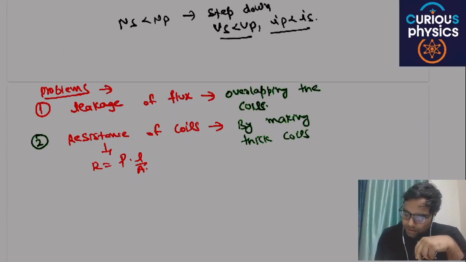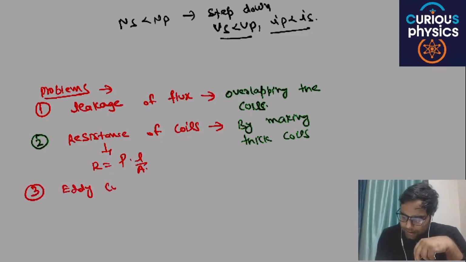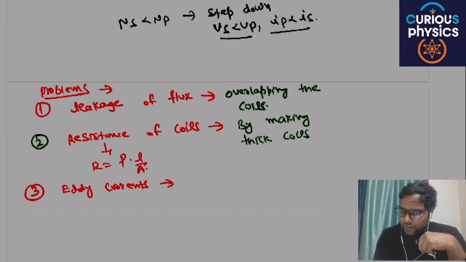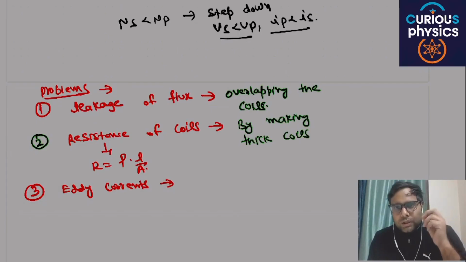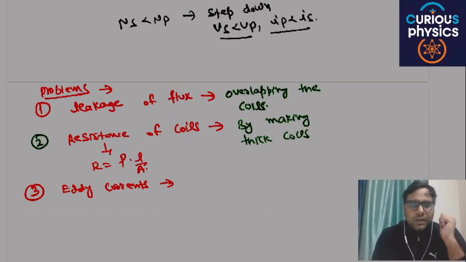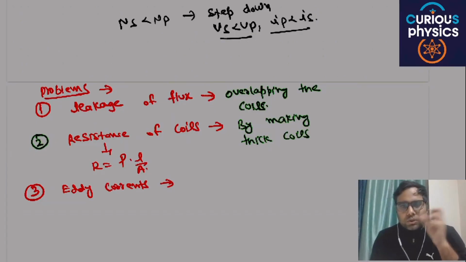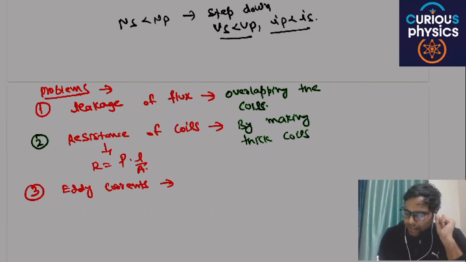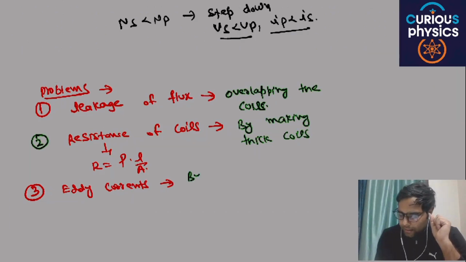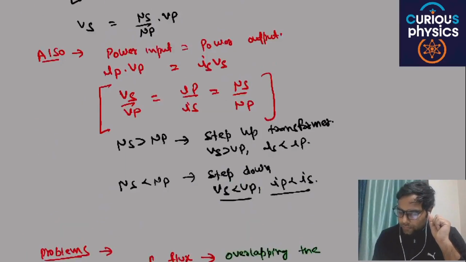Third main point is eddy currents. Eddy currents are nothing but the circular currents which are produced in the soft iron due to change in magnetic flux. So these eddy currents can be reduced by laminating the core. And I think I forgot to tell,